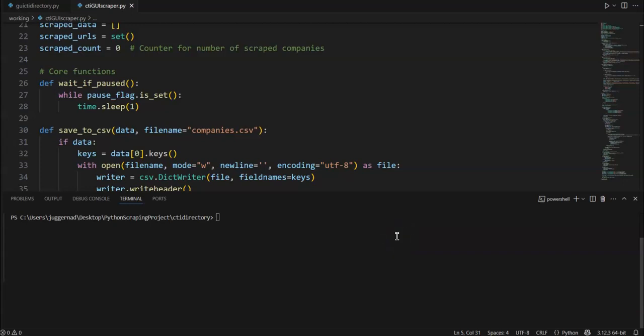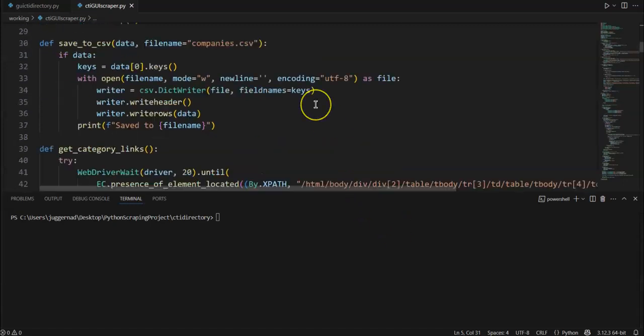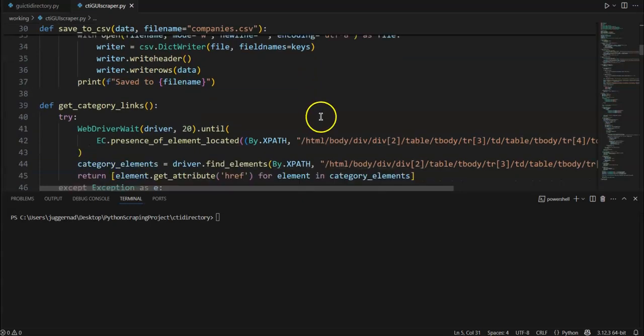Hi Shadow Text. Imagine effortlessly scraping hundreds of businesses with a few clicks. I'll introduce to you a scraper which is dedicated to only scraping a certain website, and the website that I'm trying to scrape is